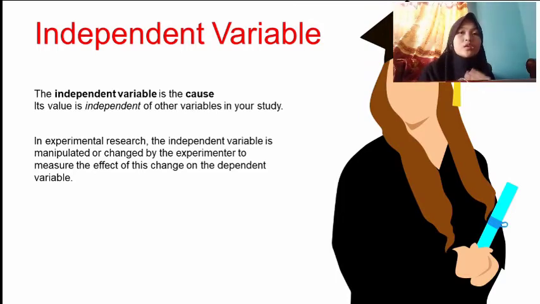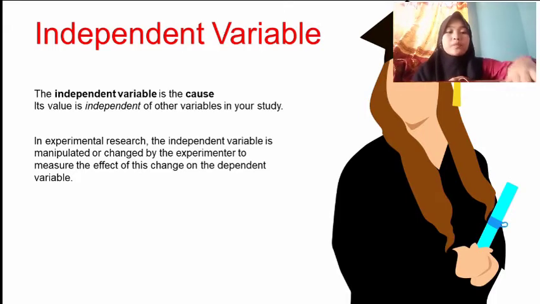The thing that we change in our experiment is the amount of light given toward the tomato plants, and we assume that it's going to have a direct effect, the fast or slow growth of the tomato plants itself, which is called the dependent variable.